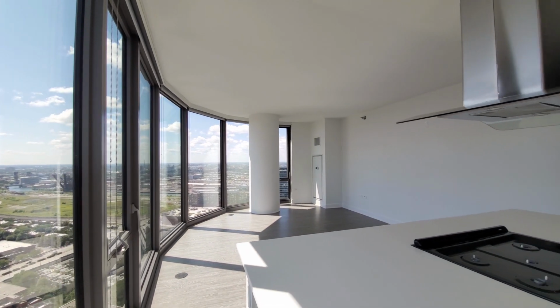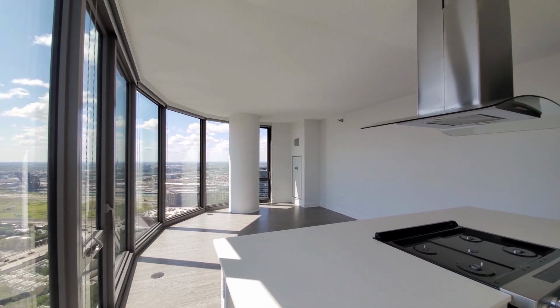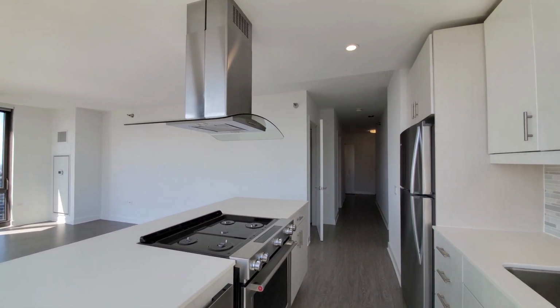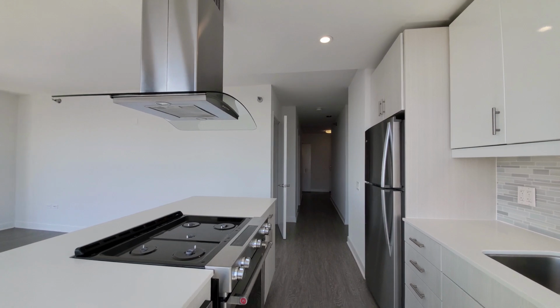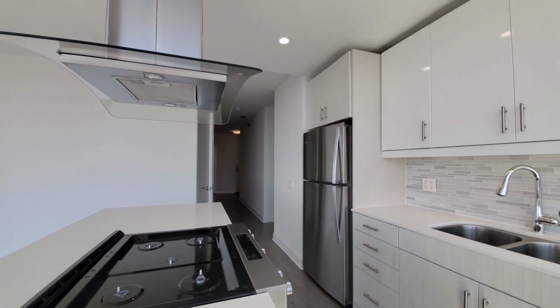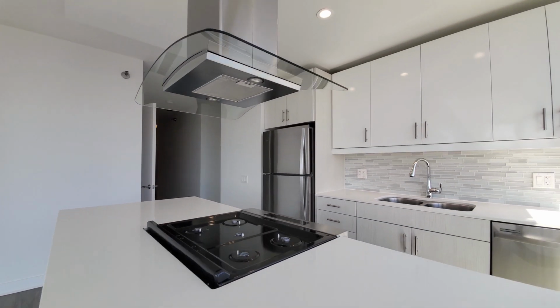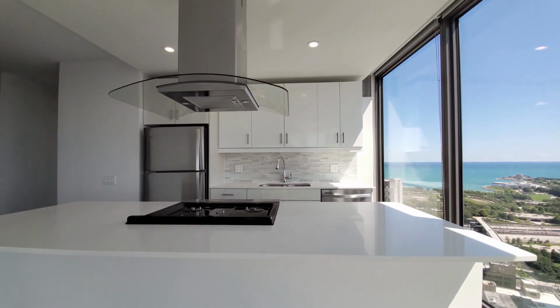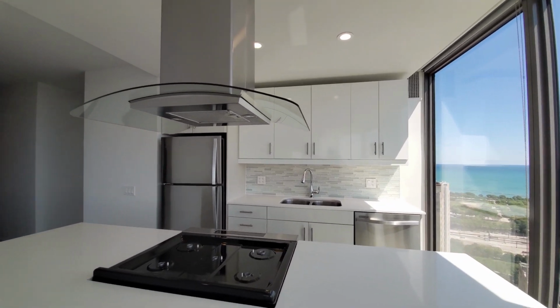This is a terrifically bright unit, going to have sunshine throughout the day. Have high ceilings, looking at a sleek kitchen, breakfast bar island that can seat 4. Have a 5-burner gas range with a range hood,